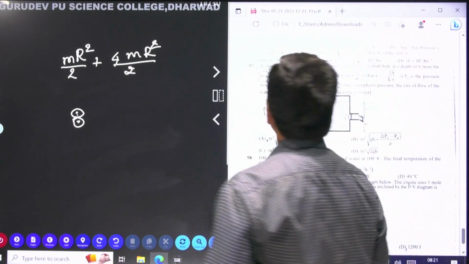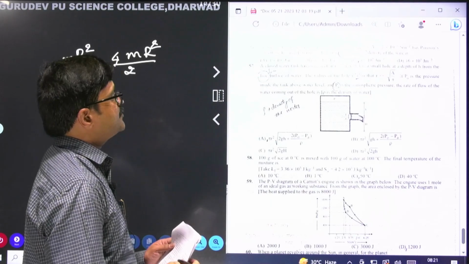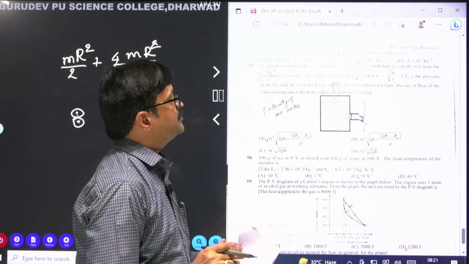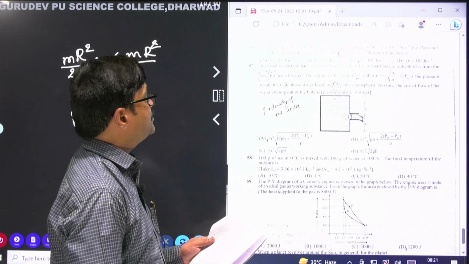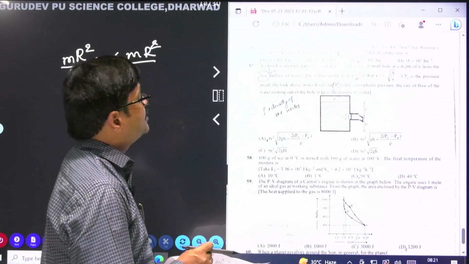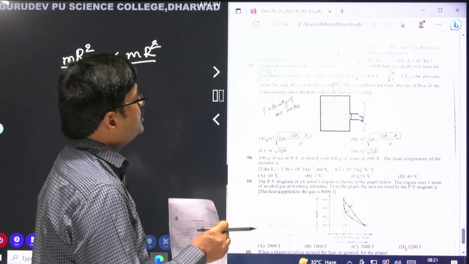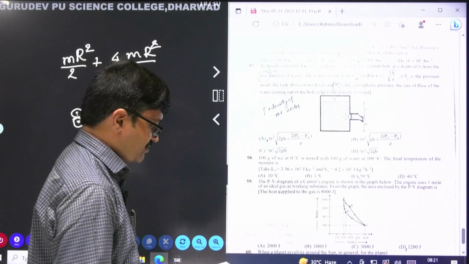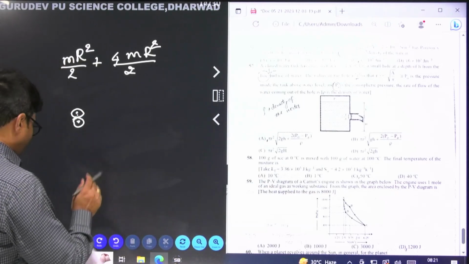Okay, a stretched wire of material whose Young's modulus is Y equal to 2 into 10 to the power 11 Newton per meter square has Poisson's ratio 0.25. Its lateral strain is given as 10 to the power minus 3. Elastic energy density of the wire is. Now, elastic energy density, if you just consider